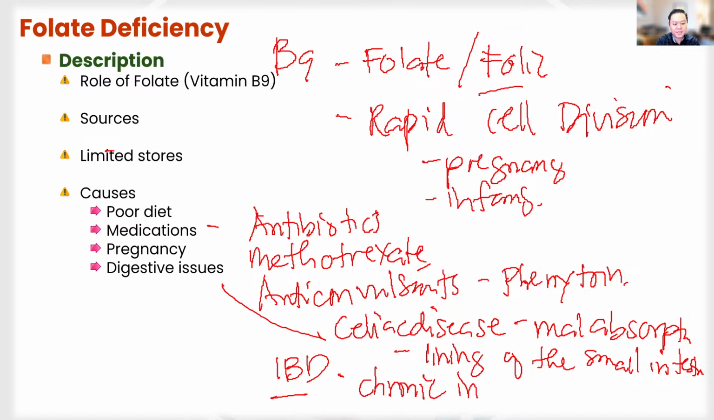Chronic inflammation and damage of the bowel, or the intestine. So again, if there is inflammation in the intestine, then this can also impair the absorption of the vitamin B9. Now, there's also what we call short bowel syndrome, which is basically going to occur whenever